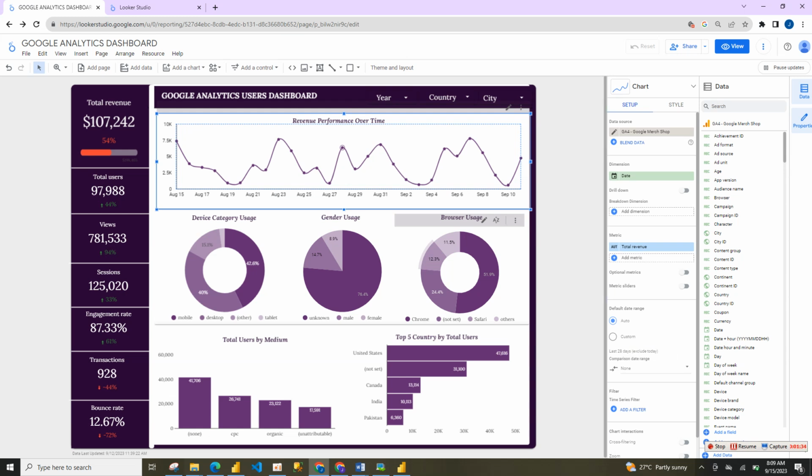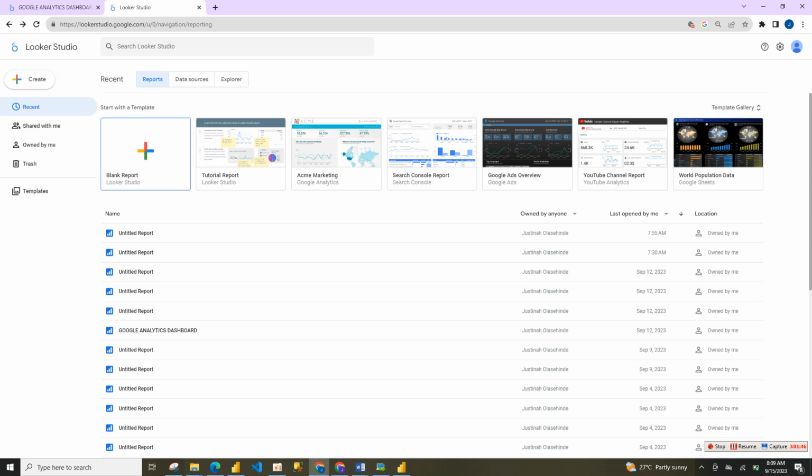Now we can start creating our dashboard from scratch. So now just log into Looker Studio. I'm already in Looker Studio. Click on the blank report, and if you have any question on Looker Studio, you can check all that